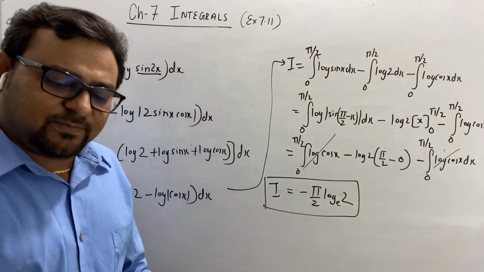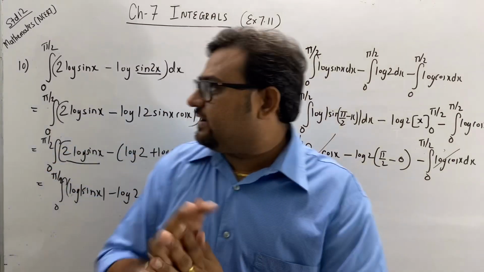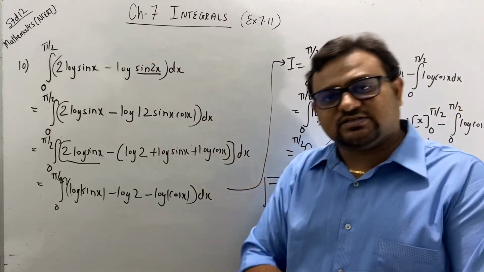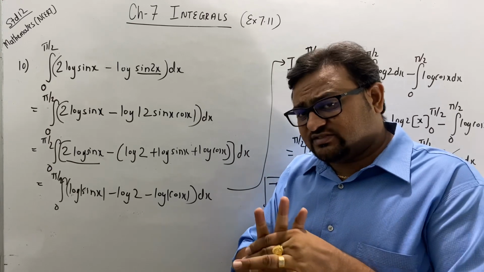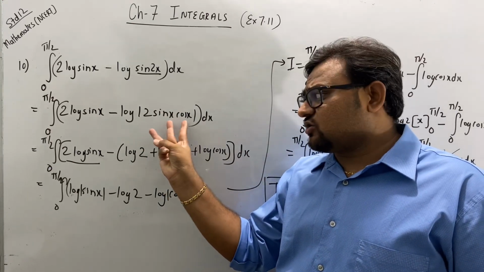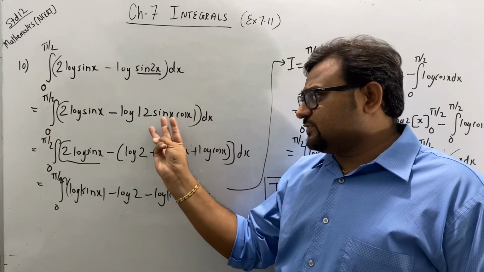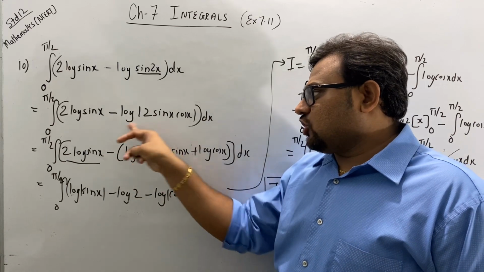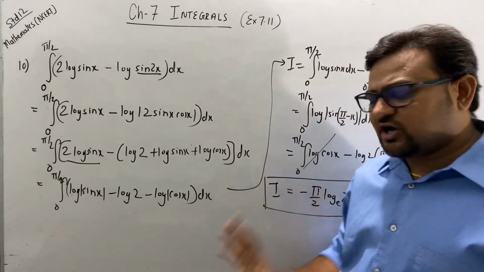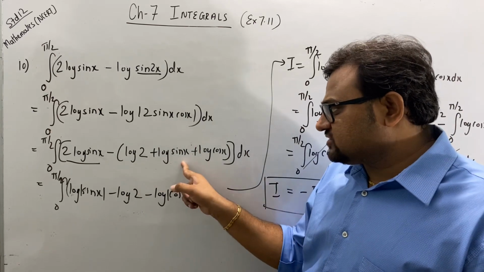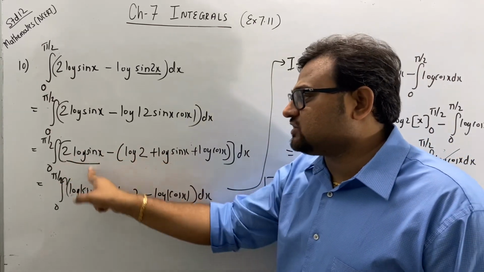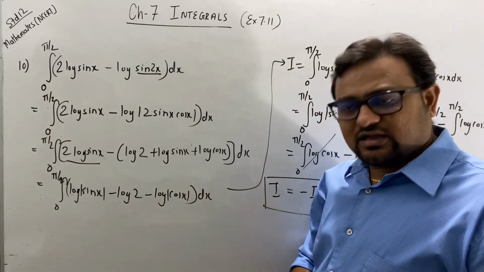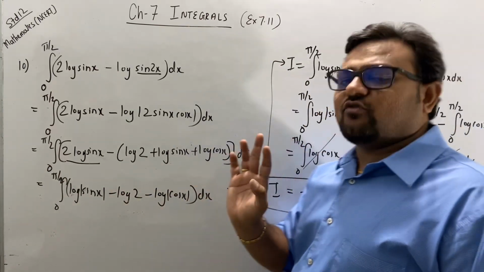Clear? So I am repeating this whole sum. What I have done, I had just converted sin 2x into 2 sin x cos x. So now here there is a product of three things: 2, sin x, cos x. When there is a product inside a logarithm, I change it to addition. So minus sign common, log 2 plus log sin x plus log cos x. Clear? So now this is plus log sin x and minus, so minus log sin x plus 2 log sin x is 1 log sin x. Minus log 2 minus log cos x. Clear? Now I have separated the integral of all these things.